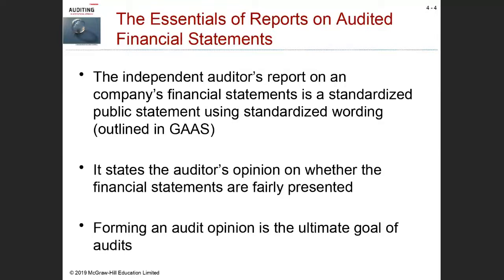As we saw, it states the auditor's opinion on whether the financial statements are presented fairly. In CIBC's case, it said that the financial statements did present fairly. Of course, management and the board of directors want an auditor's report which states that the financial statements present fairly. Why? Well, what happens if the financial statements don't present fairly? Somebody's not going to be happy with respect to the users. And if the users suspect they can't place confidence on the financial statements, how are they going to make decisions? So it's very important that management and the board of directors work closely with the auditors